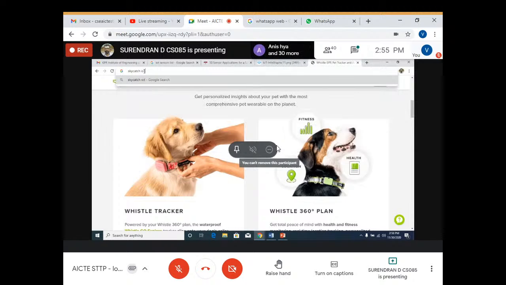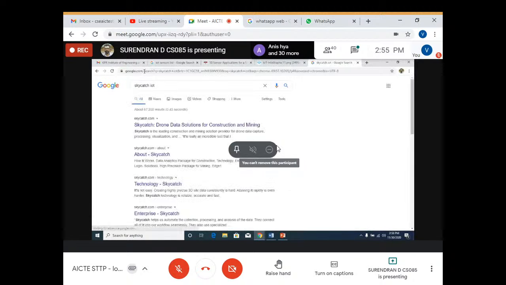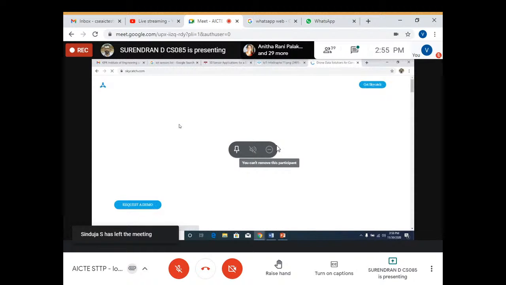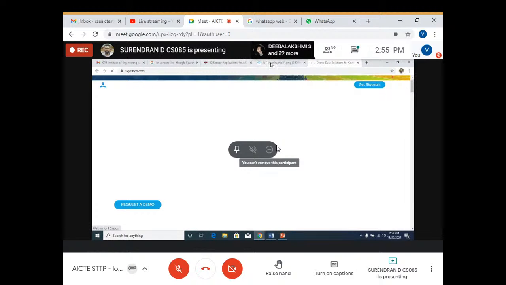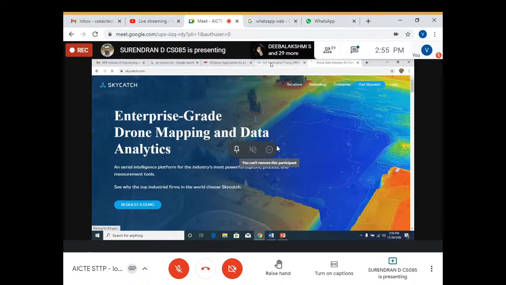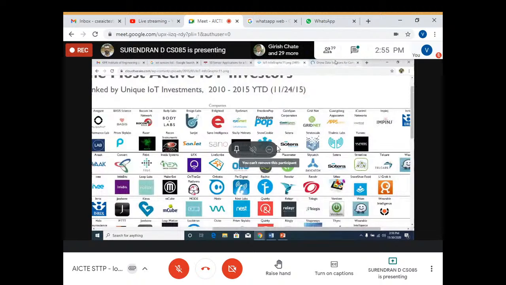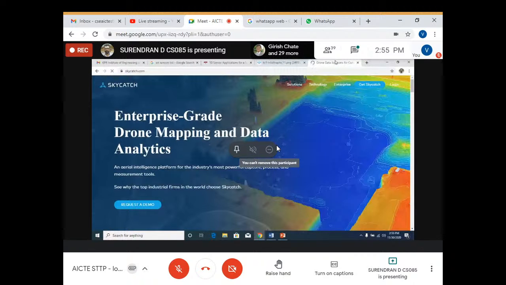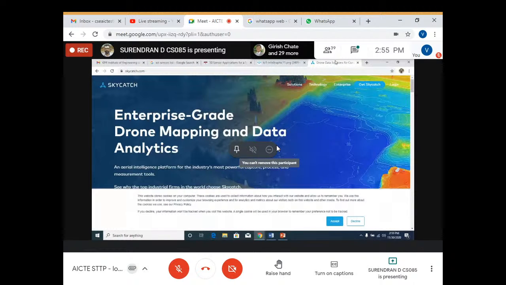IoT. Skycatch and IoT. So here, Skycatch works on drone data collection. Now, this emblem says this is that. From this infographic, Skycatch is a company. Now here it is drone data solutions, enterprise grade drone mapping and data analytics. Now coming to the solutions, a high precision package for mining, and the technology that they're working with is IoT